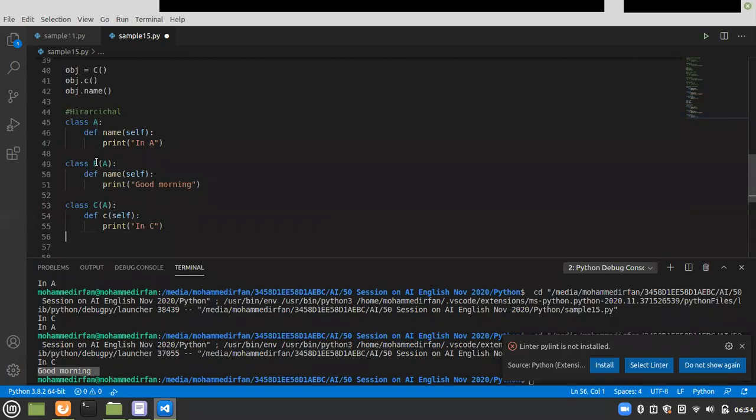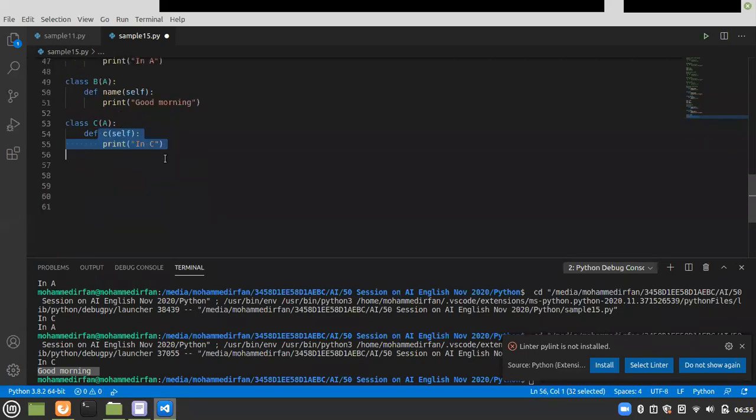If I create an object for B, B contains the methods in A and B. If I create an object for the C class, then it will contain the methods in the A class and then the C class. Okay, so that is hierarchical inheritance. And the next one is